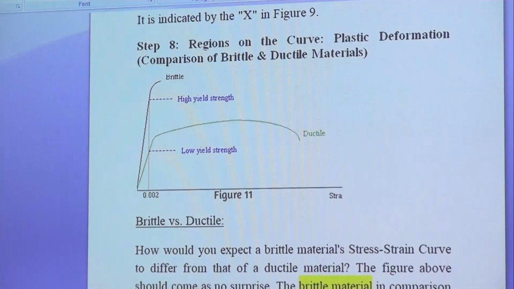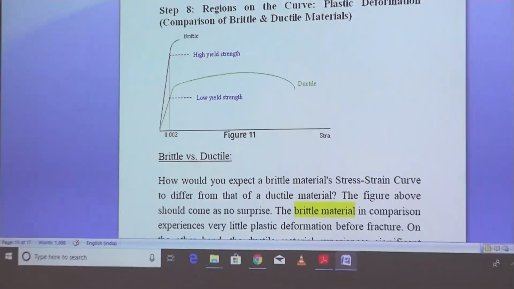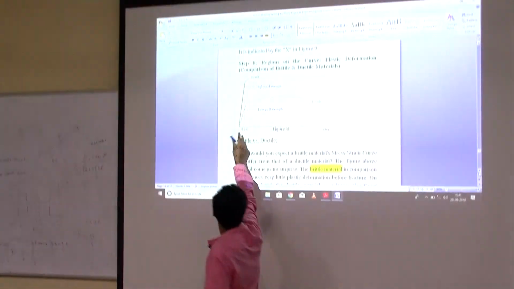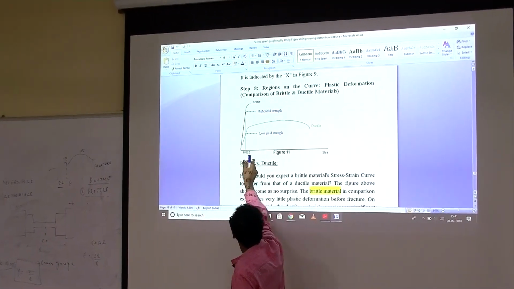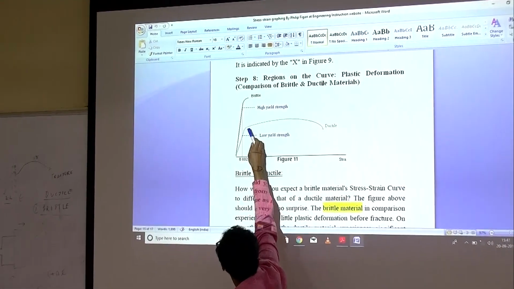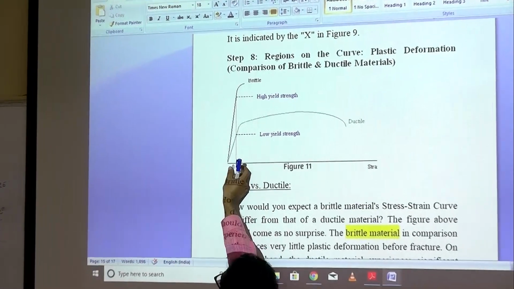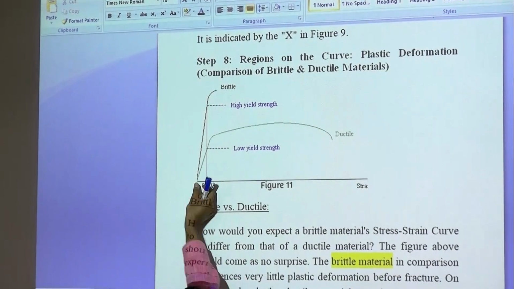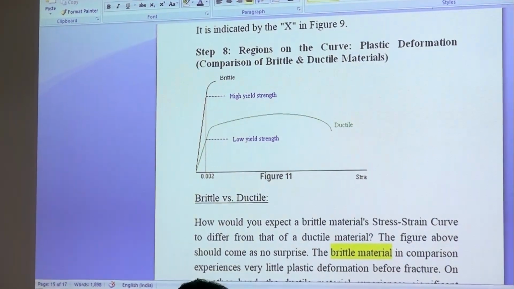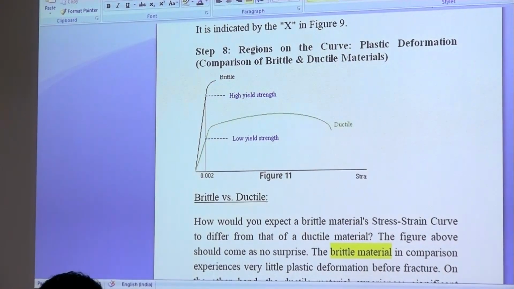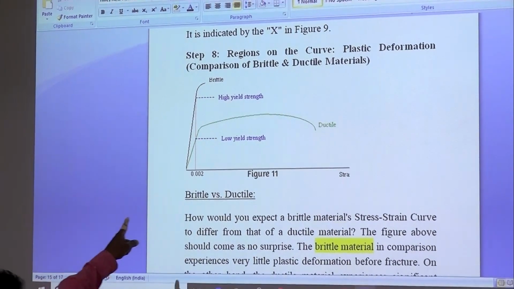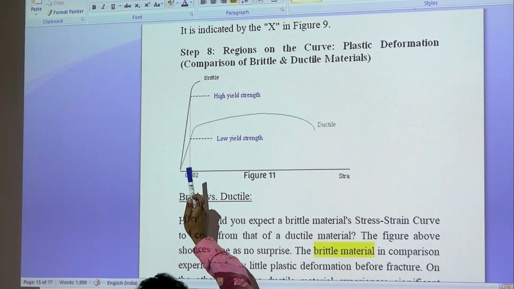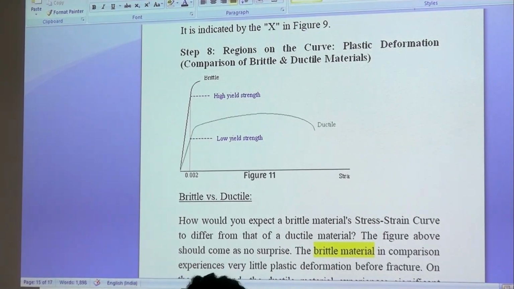Which one is larger? Metal. Here, the slope, if I looked at the yield point, this will be the elastic region. If I looked at this, this would be the elastic region. Which one is likely to be larger? Metal. That is also reflected here. Correct? And you also saw that ceramics,